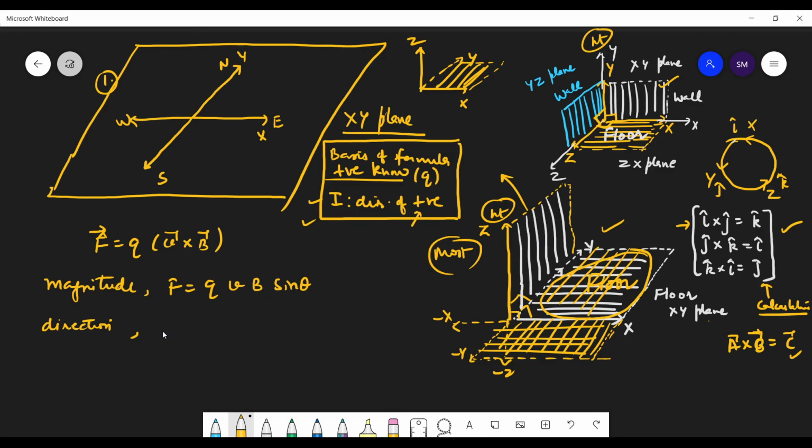So students, the direction, I told you, write V cross B. See, step by step. First thing, always write V cross B. Second step, see V is in which direction. Let us take this question: an electron is moving northward with a velocity. So northward is your y-axis. So what is V actually?